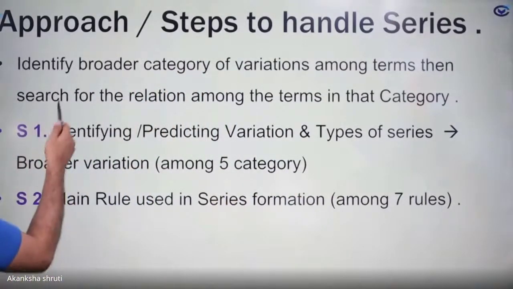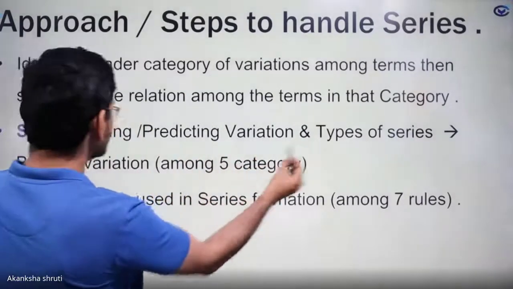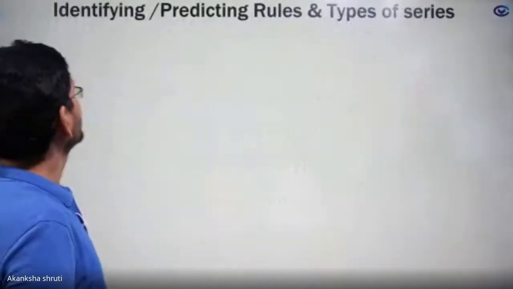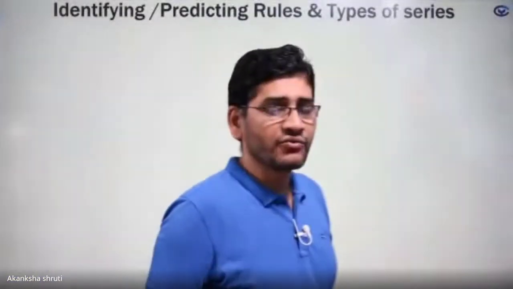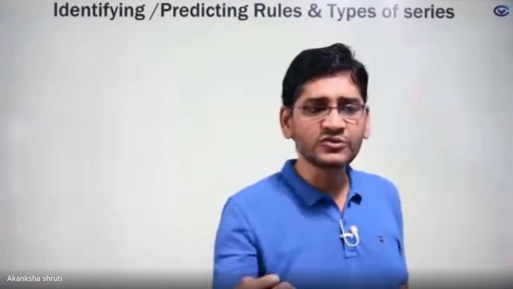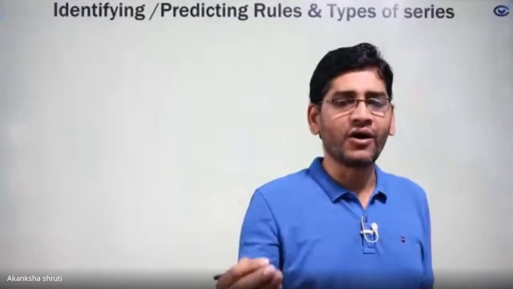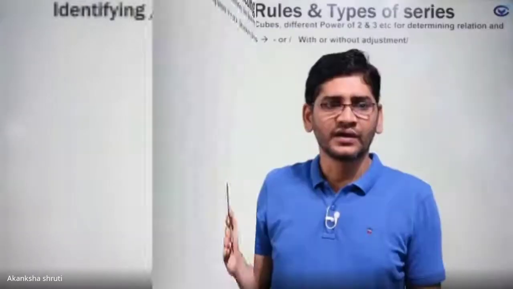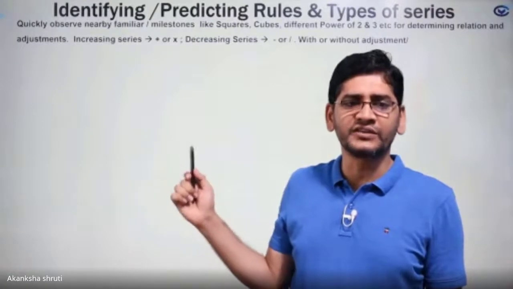That's why we had written: we have to first identify or predict the variation, see the differences among the categories, then apply the same for the next term. Students, the key thing is how to predict whether the difference rule is applicable, or multiplication is applicable, or constant addition or varying addition is applicable. In this series, the most important challenge is to determine the rule.